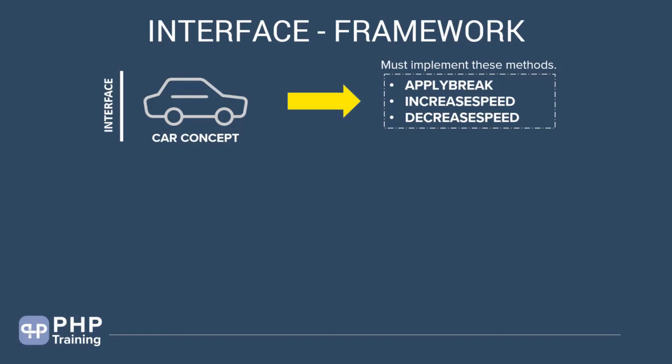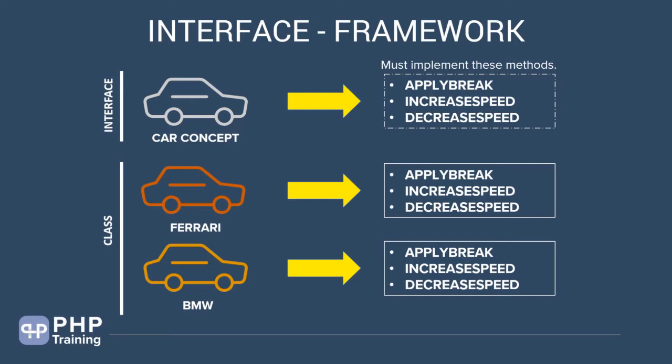It's like a guideline to tell you when you are doing these things, you follow A, B, and C. But it doesn't tell you how to do it. It just gives you a hint, and it just gives you a contract to say if you are doing this, you must have this. That's basically the interface definition, right? So when you're defining a car concept using an interface, you're telling that you must implement these methods like apply brake, increase speed, and decrease speed. So when you actually implement those classes like Ferrari or BMW class, you actually apply them. Apply them in the sense you define those methods and you actually write the implementation of these methods using properties and all the core logic.